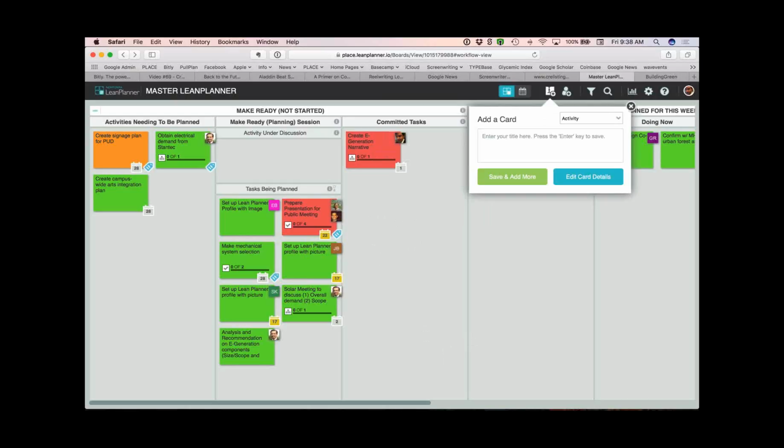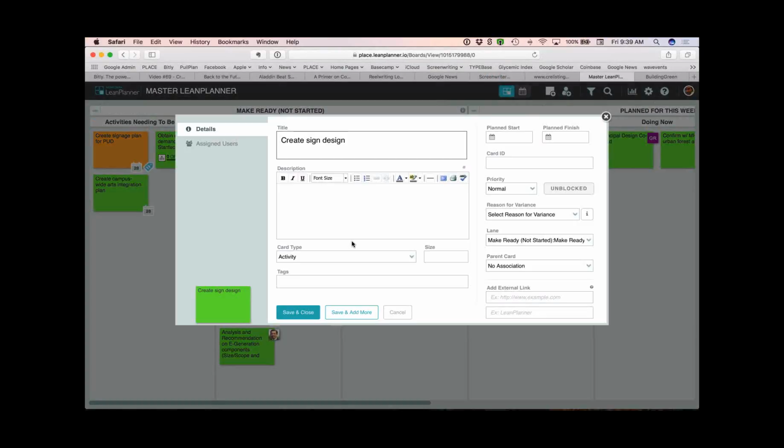But let's say that we're having a meeting, and in that meeting, we're discussing something, which is we're going to need a sign design, and so I'm just going to put that. I'm just going to change that to, let's say, create sign design. And then I'm just going to go in here and edit these details a little bit more here.